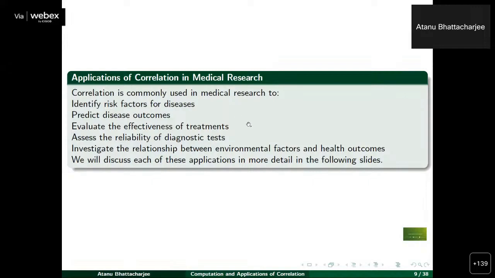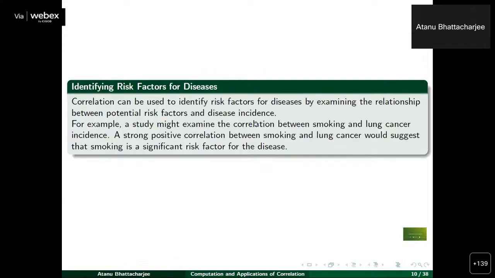So basically, as a preliminary step, we use the correlation coefficients to explore the data, that is, whether these two parameters, two features, are really linked with each other or not. For that, we commonly use the correlation coefficient as a fundamental statistical tool to explore the data. It can be used